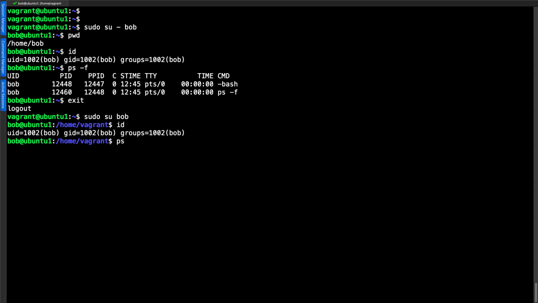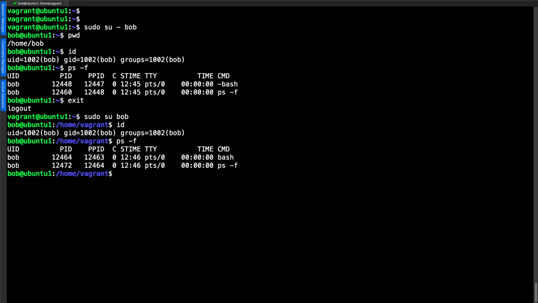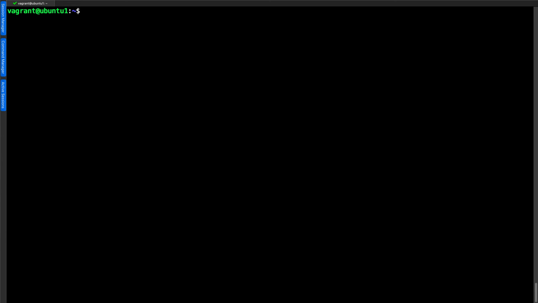And when I look at ps -f, we can see that it is running inside of a bash shell rather than -bash. So again, we can reiterate the fact that we can identify our login and non-login shells. If it starts with a minus, it is a login shell. Exit will then leave that shell, and Control and L obviously clears my screen.